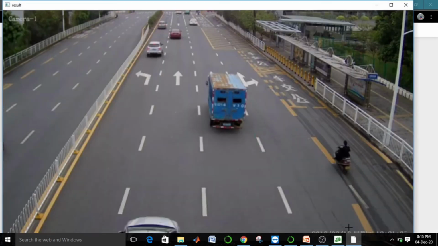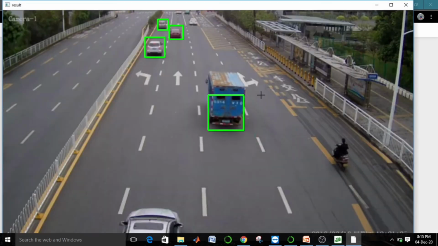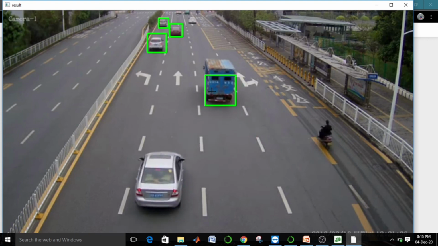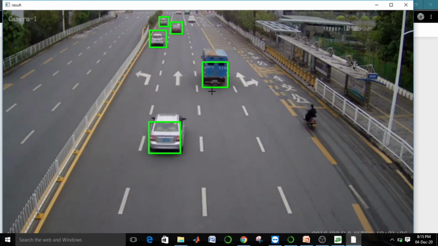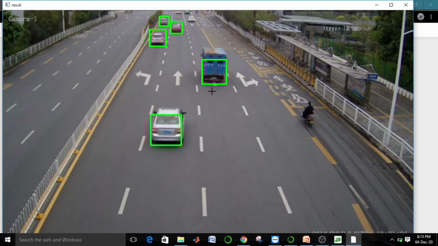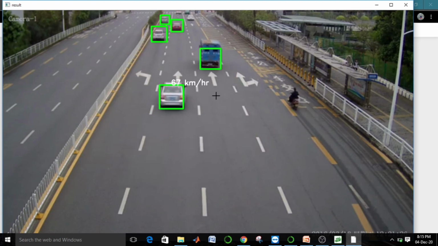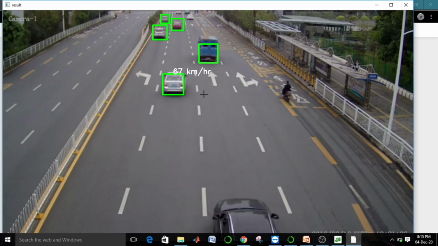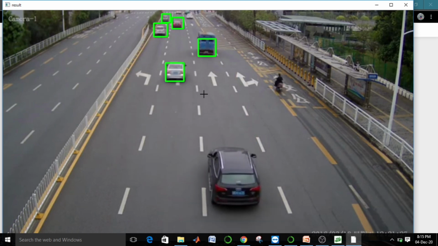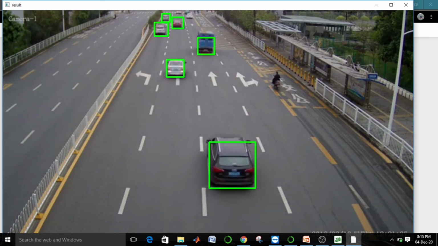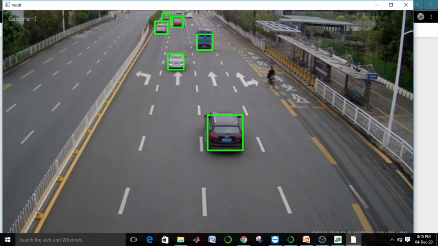Yeah, this is the output. As you can see, it is detecting the vehicles and the speed of the vehicles in a real-time video. It will calculate the vehicle speed. There is a formula for calculation of the vehicle speed, so we'll be using this for real-time approaches.